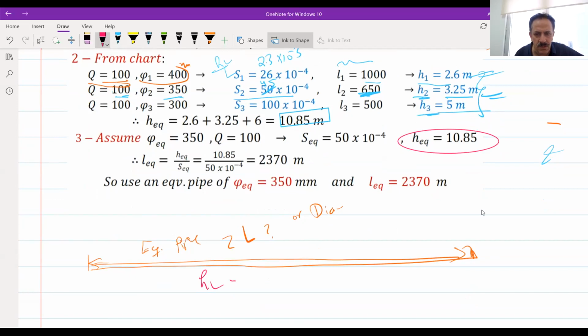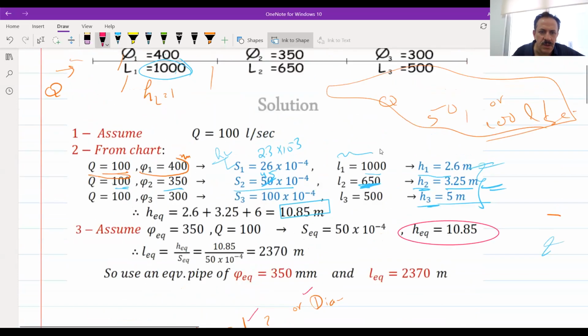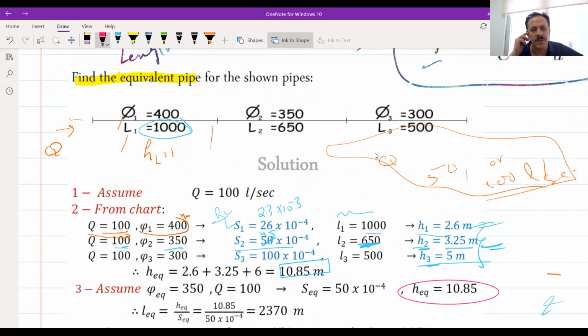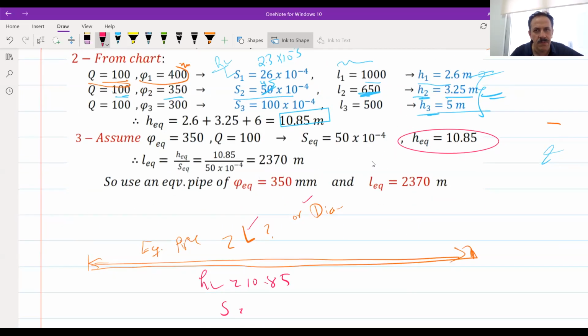Now I should find the S because I don't have either its length or its diameter. Let's say I will pick a diameter for the new pipe in between. It will not be 400, it will not be 300, I will take it as 350, or any pipe diameter